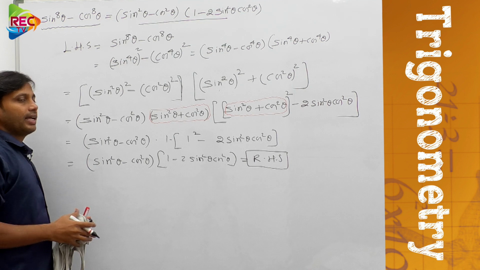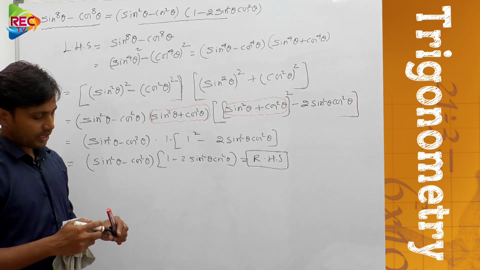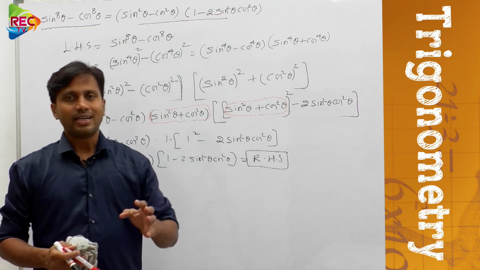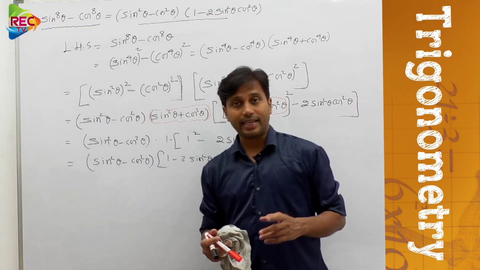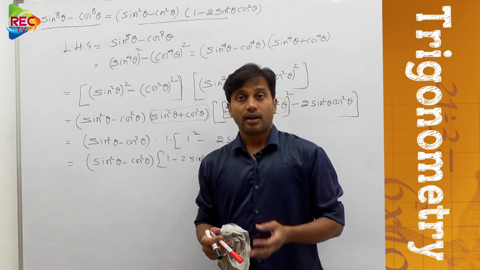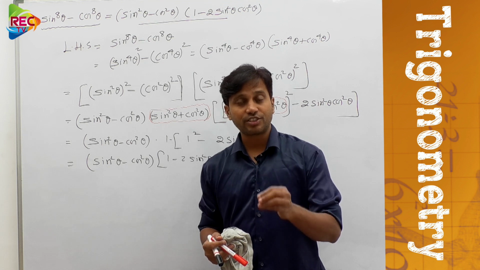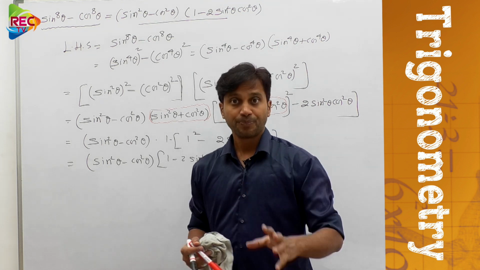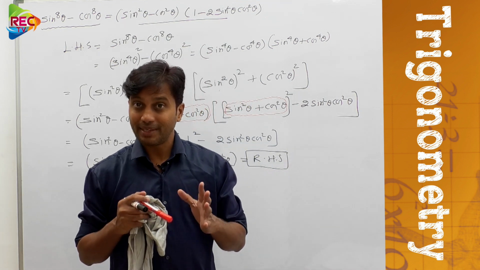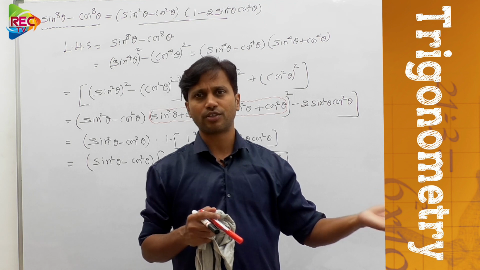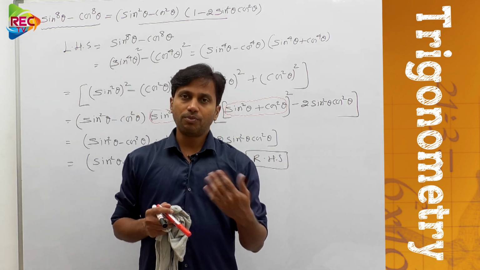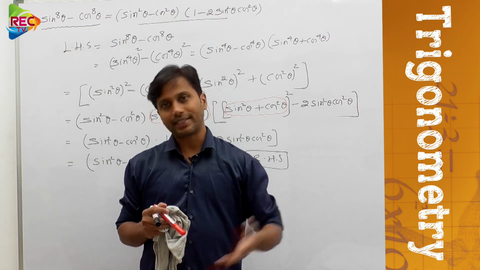So students, like this we can solve. If you carefully observe from the last 2 or 3 problems, we are using all the algebraic identities like a cube plus b cube, a square plus b square, a square minus b square. Means while solving the trigonometric identities also we need to make use of algebra. Means all the formulas or special products of algebra are very important to solve other parts of mathematics also. This is the best example. Understood? Anyways, let us solve one more problem to get more practice.